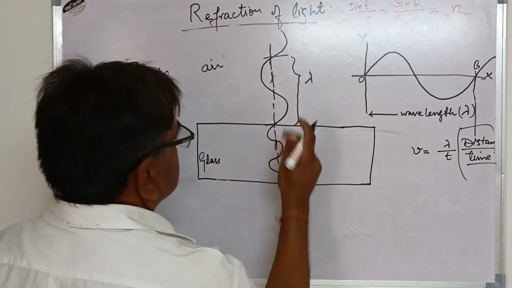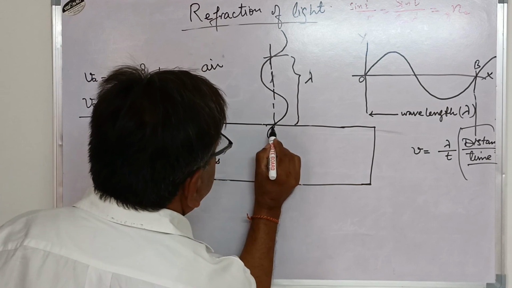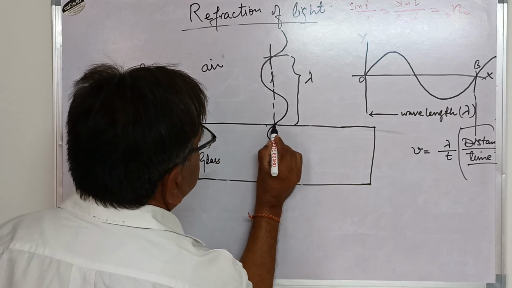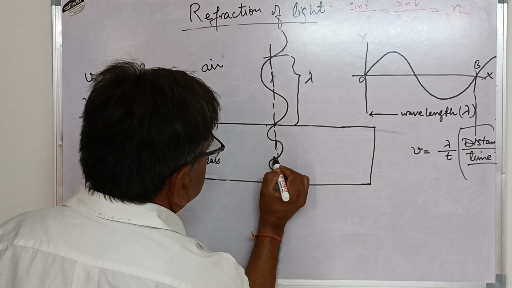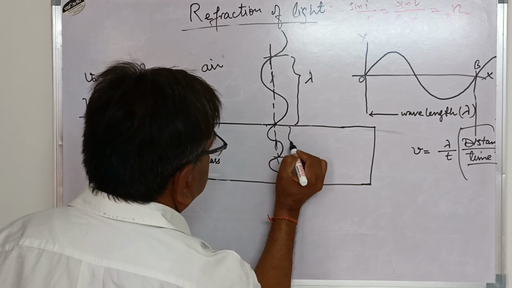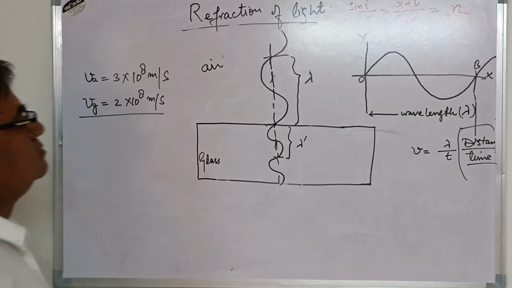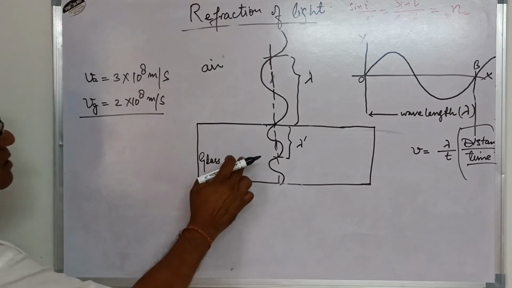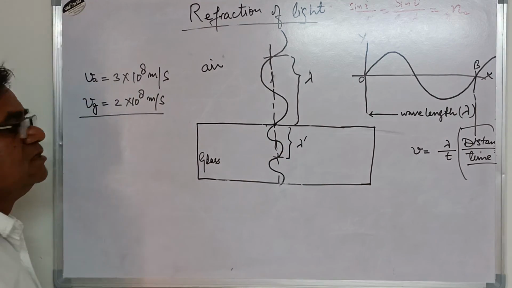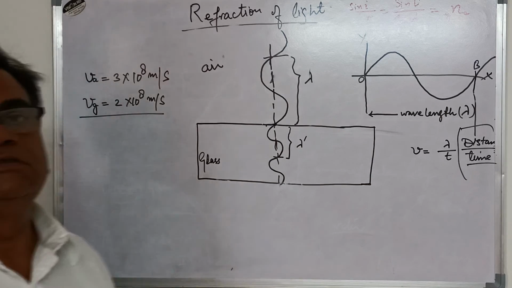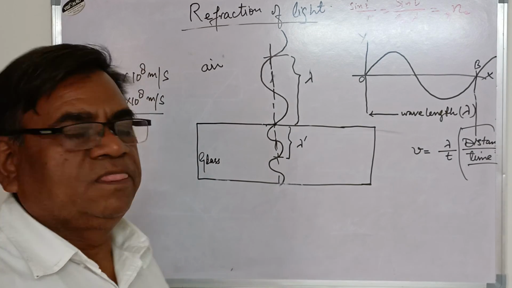Let it take 1 second. So in this case, from this point when it enters at the boundary to here is the complete cycle. This will be lambda dash. So here in the glass the speed becomes less. So what happens